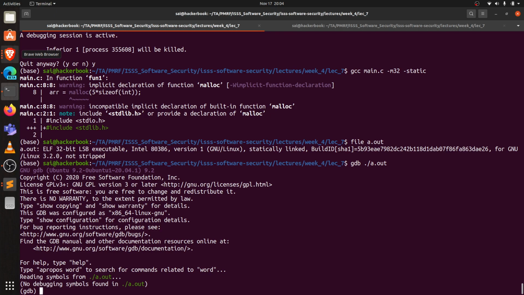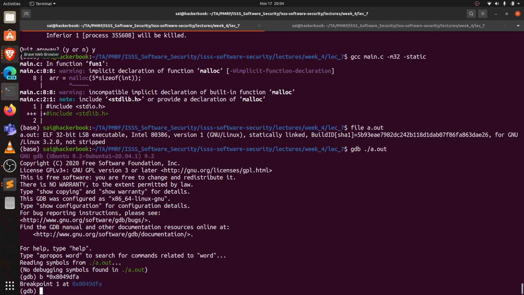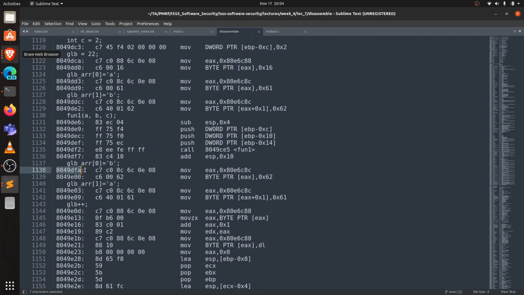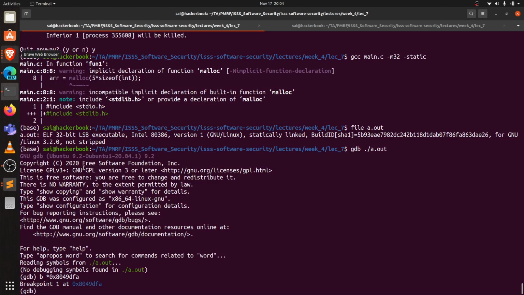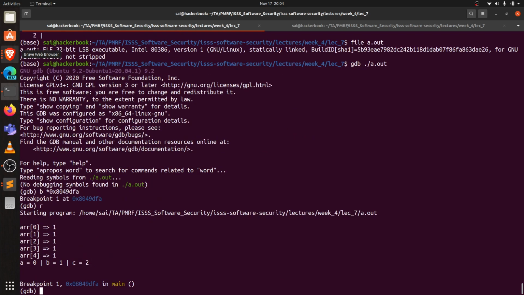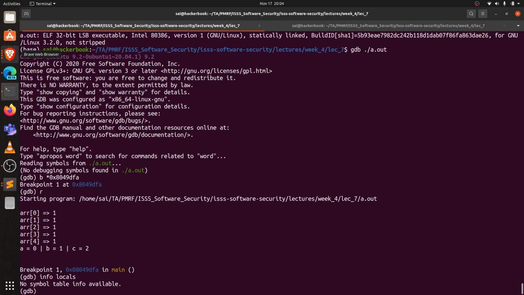Okay, so I just insert a breakpoint, b star, the same address. This is within the function main, right? After the call to fun1, it is within the function main. Now I run the program. So instead of typing run, I just specify it as r. So I run the program and it hits this breakpoint 8049DF8. Okay. Now if I do the same info locals command, it doesn't show the local variables present in